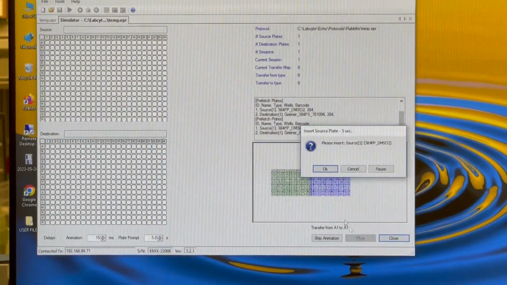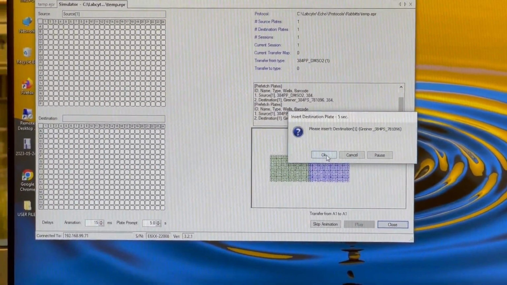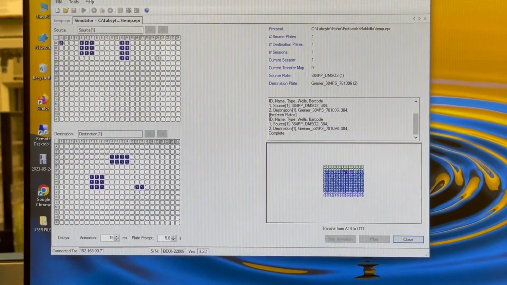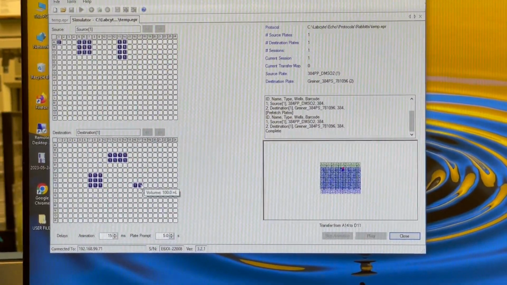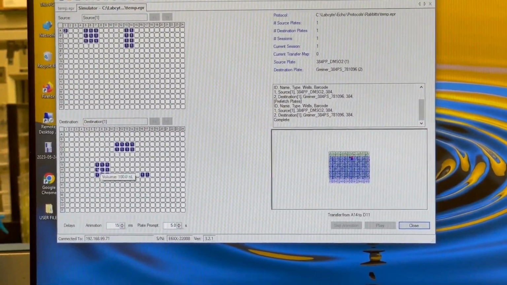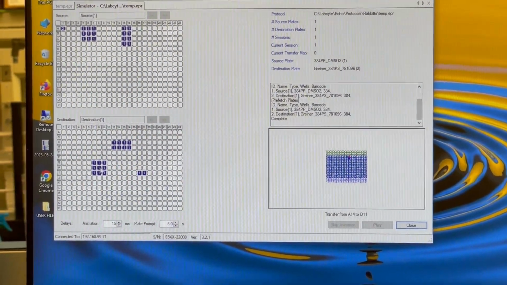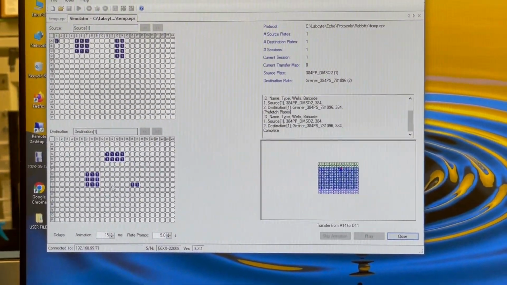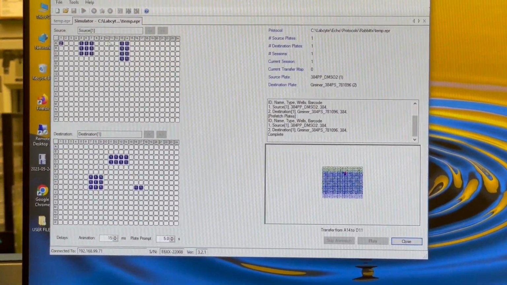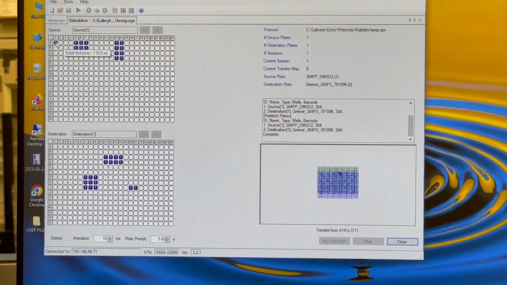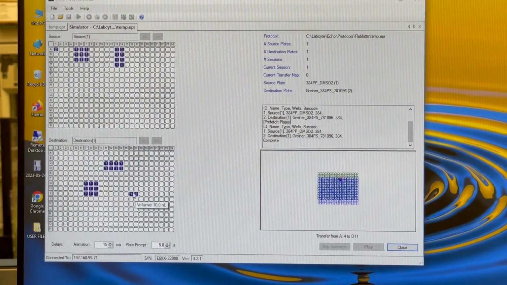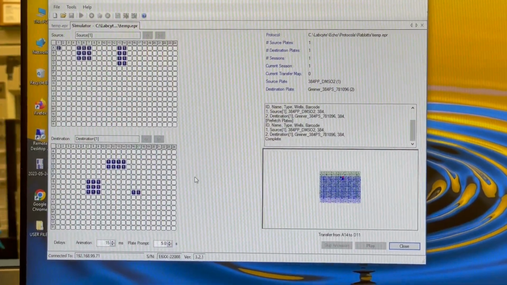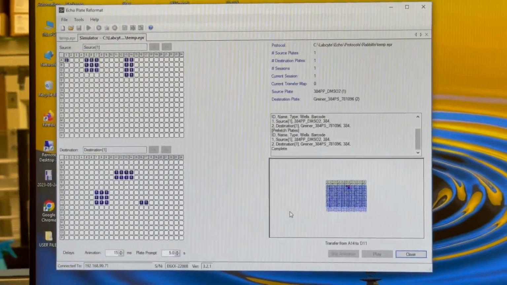and play, and this will simulate the sequence that it's going to go through when it does the real plate, and it gives you a drawing of what it ended up looking like before and after the transfer, with a number corresponding to how many times that well either was used, either got stuff or provided stuff. So like this well we used twice, we used it there and there. And you can also hover and see how many nanoliters were used. So that one, 110 nanoliters were used because we put 100 there and 10 there, or 10 there and 100 there. This is very useful for just checking to make sure you made your protocol the way you want it.